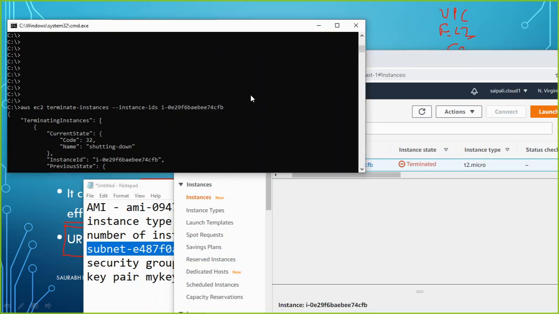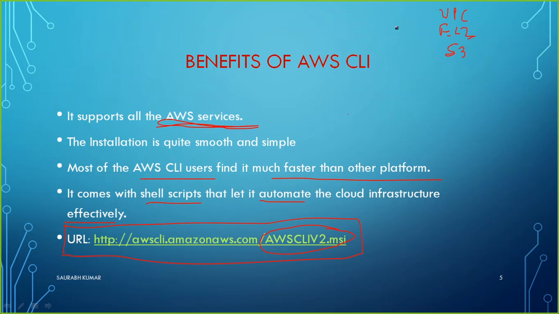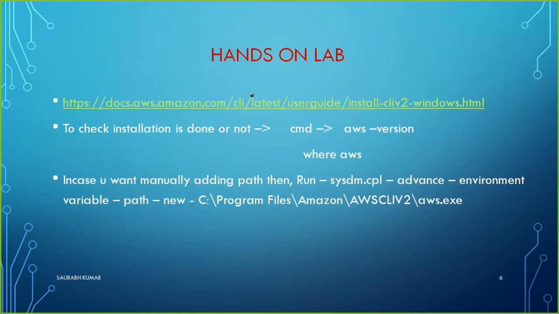So this way we have performed a few tasks with the help of AWS CLI. We have used it for different tasks: some related to the S3 service, some with the EC2 service, and similarly it can be used for performing any type of task in any service offered by Amazon AWS. So that is what we have seen, how the AWS CLI can be helpful.